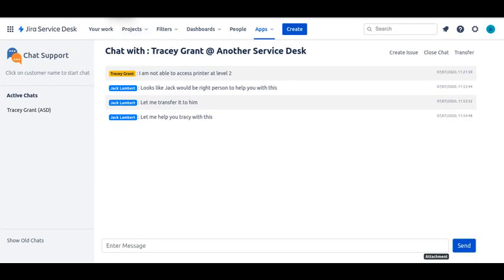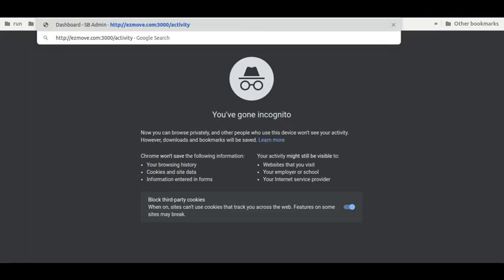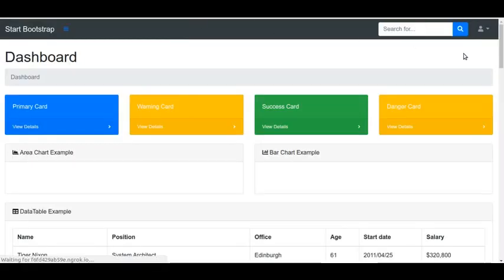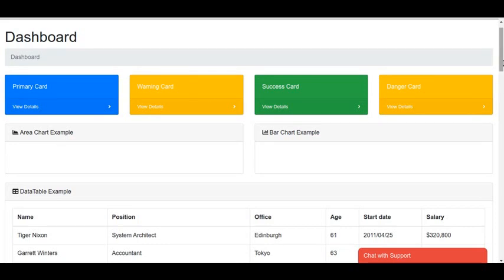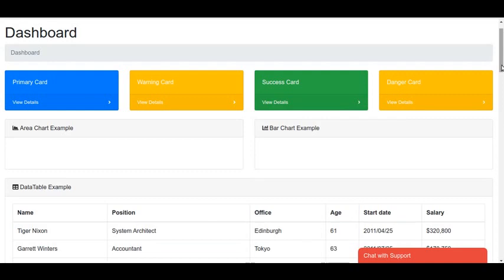Chat for Service Desk also offers an ability to embed a chat widget on your websites. It could be your corporate website or any customer-facing website or any other support center. You can go to your website and simply embed that widget. Once that is embedded, it's available at the bottom of your website, which is chat with support.